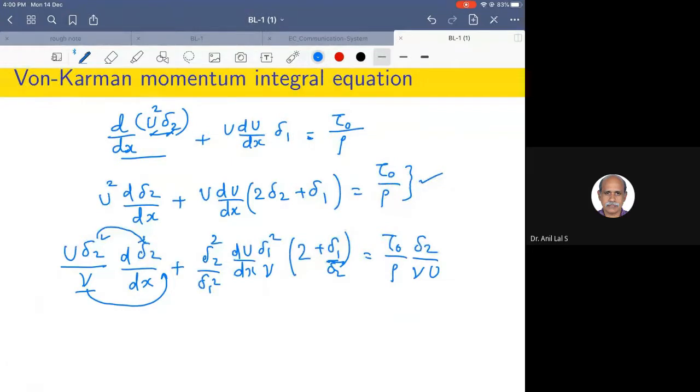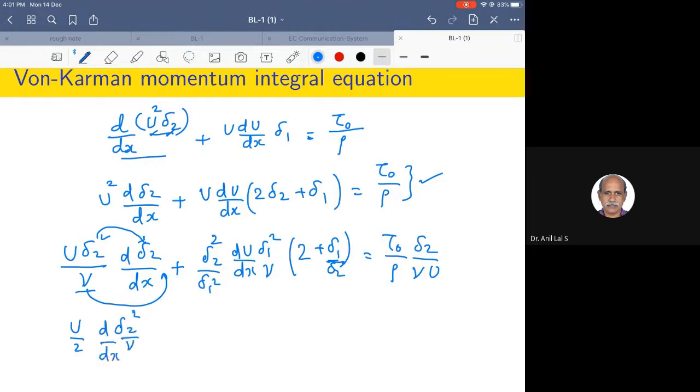In boundary layer flows, especially incompressible boundary layer flows, the kinematic viscosity of the fluid is assumed to be constant. With that assumption, we can write U, then half into d by dx of delta squared by nu,